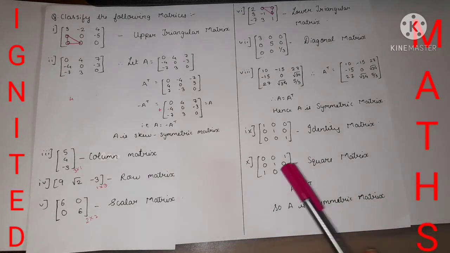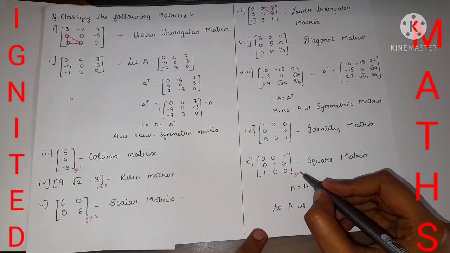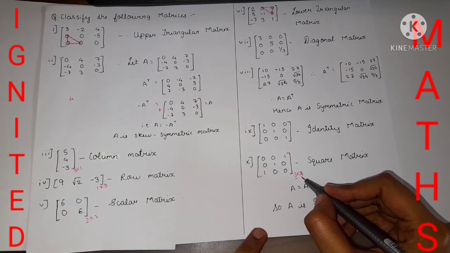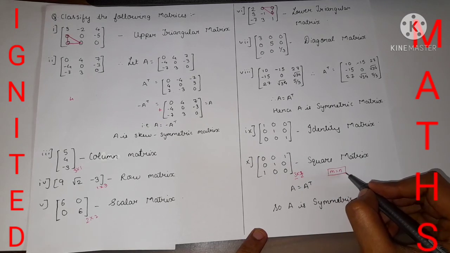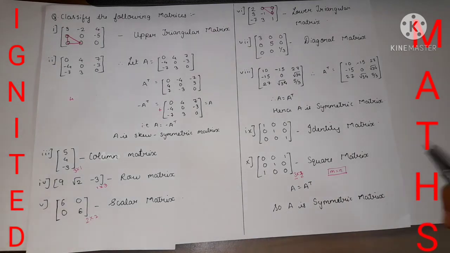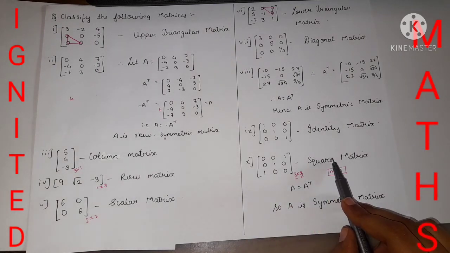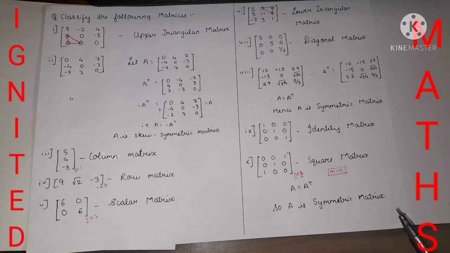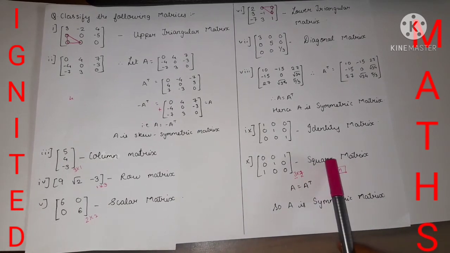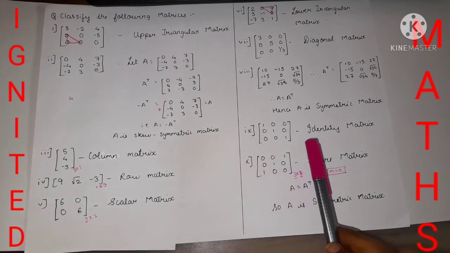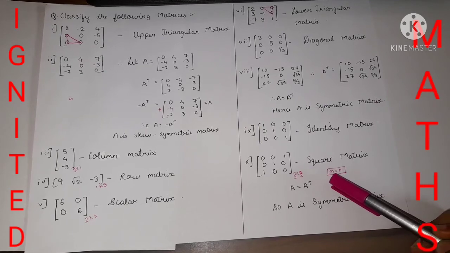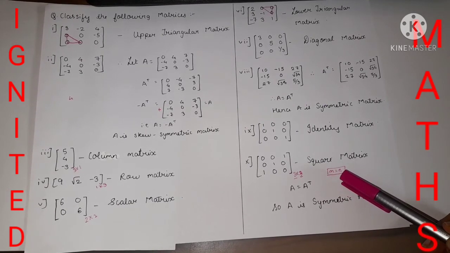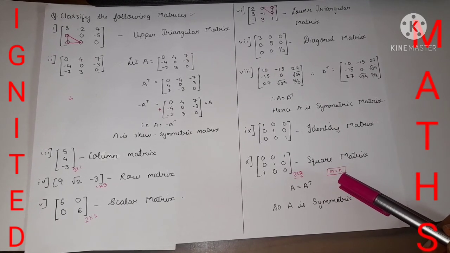You can even write it as a square matrix. A square matrix says that if the order, that is the m value and n value, if m and n are equal, then it is called a square matrix. That is why I have mentioned here that the 10th example is a square matrix, and it is also a symmetric matrix. The square matrix is not only applicable for this sum, you can apply it for the other sums also. If the m and n values are equal, if the number of rows and number of columns are equal, then the matrix is called a square matrix.